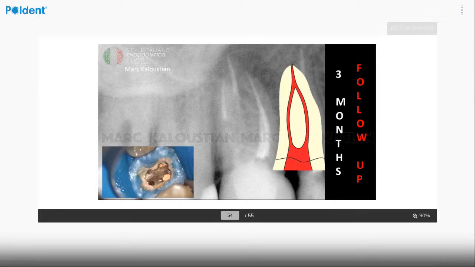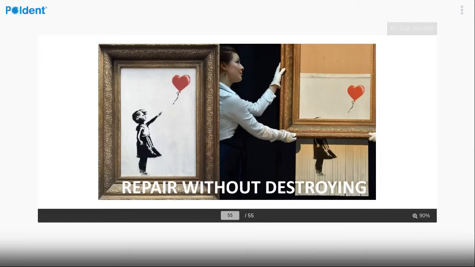And this is a 3-month follow-up of this case, done from zero, from the beginning, with the Endostar system, and finished with the Endostar system. So we are using the same system to do the retreatment and also the shaping of the canals. I want just to finish my presentation